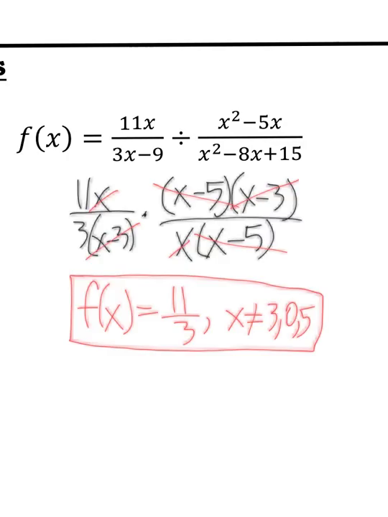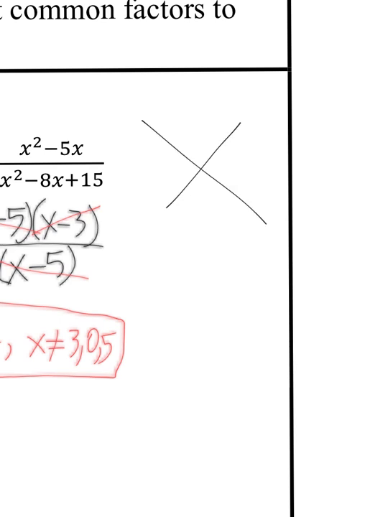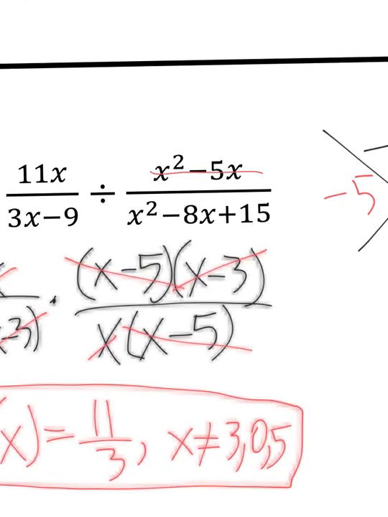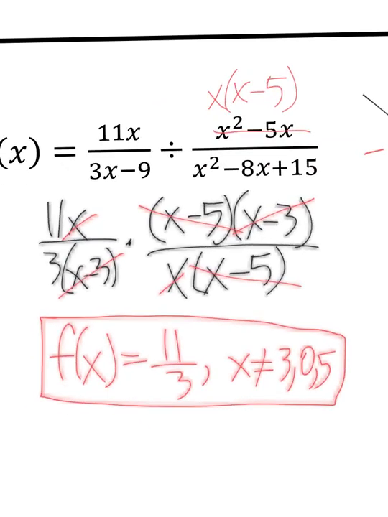Okay, so for this one, I went ahead and I flipped the fraction when I wrote this step. And so my factors of 15 that add to negative 8 are negative 5 and negative 3. And if you need to see the work for that, factors of 15 that add to negative 8. Negative 5 plus negative 3 is negative 8, and negative 5 times negative 3 is positive 15. All right? And this one, they had an x in common, so you could factor out an x and say it's x times x minus 5, okay? So then flip the fraction and multiply,